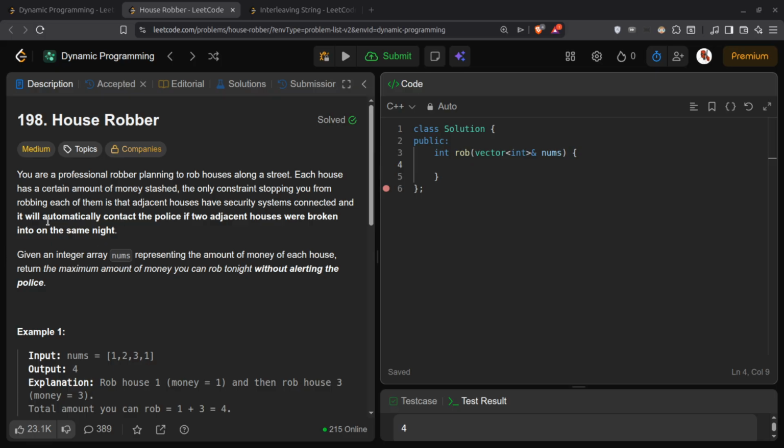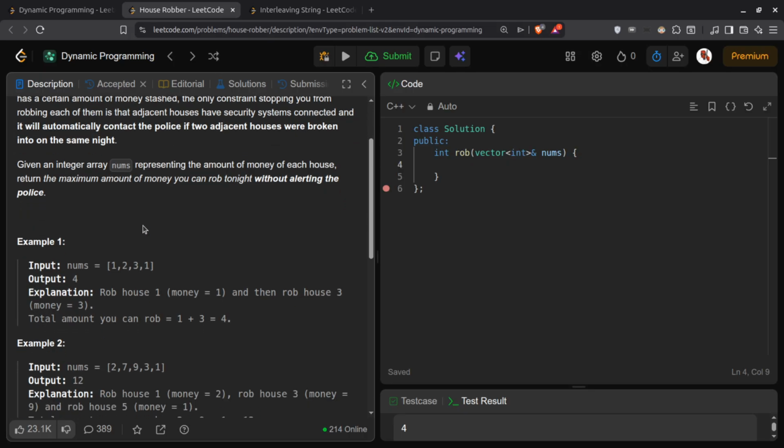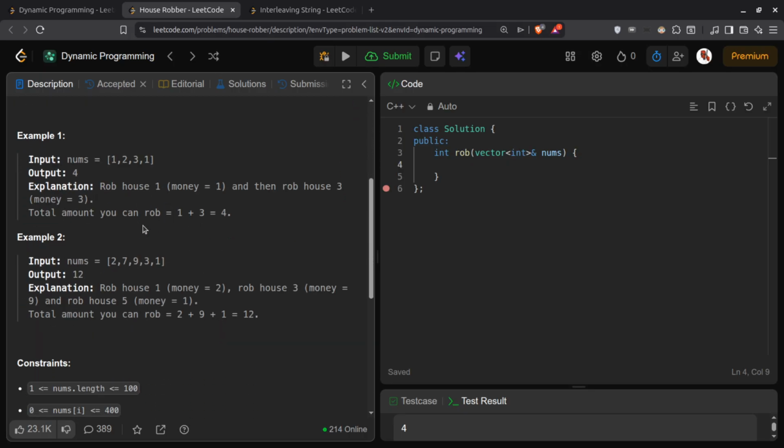So you have to remember this statement as it is highlighted. It will automatically contact the police if two adjacent houses were broken into on the same night. So we have to avoid that. Other than that, we can do everything we want. So as you can see in the example,